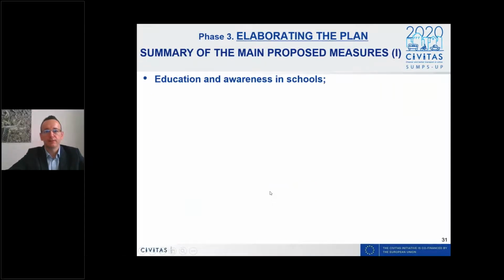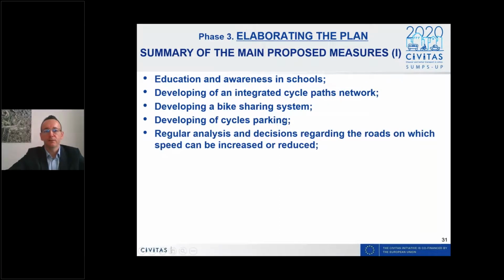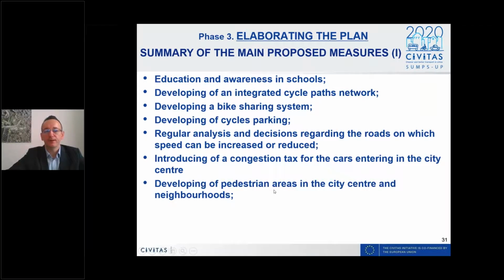Regarding the summary of the main proposed measures, we have focused on education and awareness in schools, developing of an integrated cycle paths network, developing of a bike sharing system, developing of cycle parking, regular analysis and decisions regarding the roads on which speed can be increased or reduced, introducing of a congestion tax for the cars entering the city center, developing of pedestrian areas in the city center and neighborhoods, procuring of new public transport vehicles, tramway and